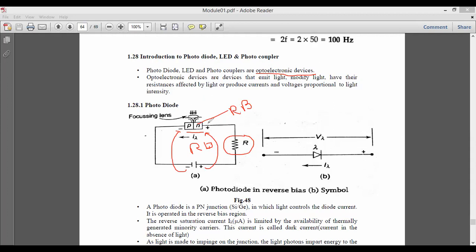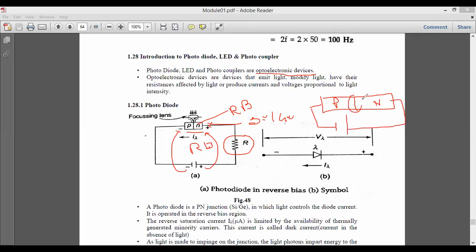The material we use here can be either silicon or germanium. Now, what is the principle of operation here? The photodiode is again a PN junction diode, either a silicon diode or a germanium diode, in which light controls the diode current. If you take a PN junction diode, with the P type material here and the N type material here, I have applied the negative here and the positive here.